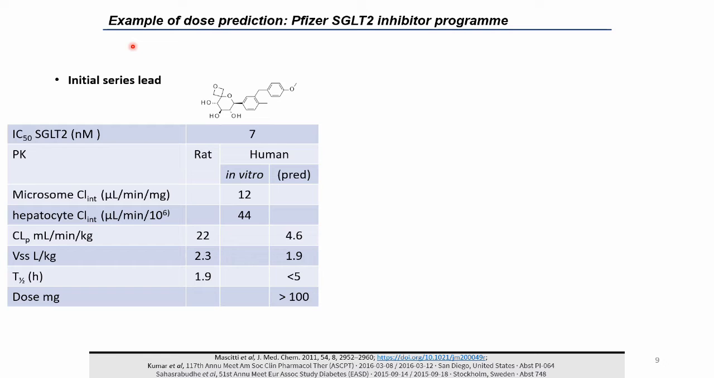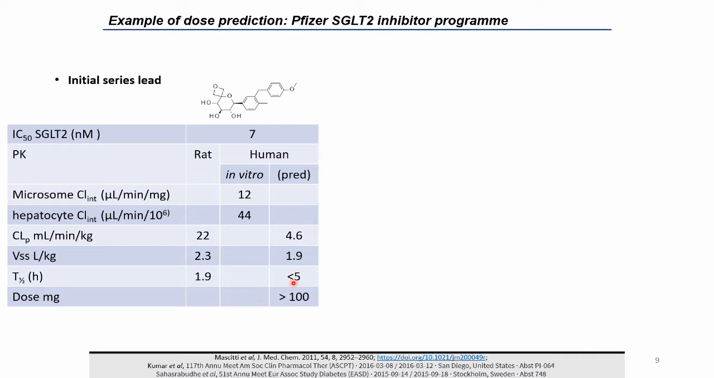They'd worked on this for a while and they got this early lead, which looked quite a nice compound, a 7 nanomolar potency. The rat PK didn't look too bad: volume of distribution around 2 litres per kilogram, half-life of about 2 hours, plasma clearance of 22. So they went away, they measured the human metabolism, both in microsomes and hepatocytes, and then they used a combination of these to predict the human PK. So you get a plasma clearance of about 4.6 milliliters per minute per kilogram, volume of distribution about 2, half-life